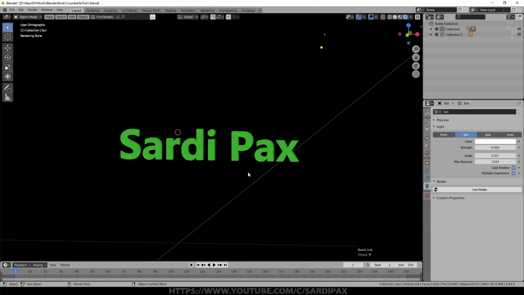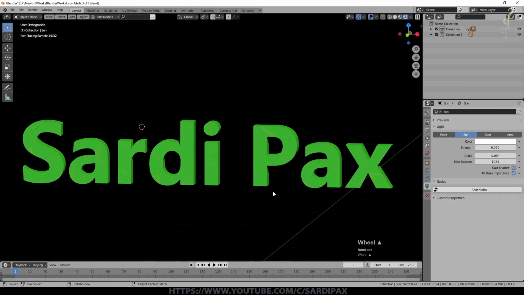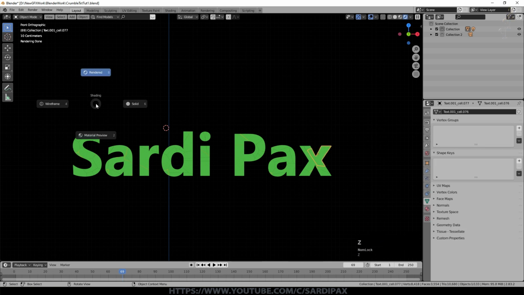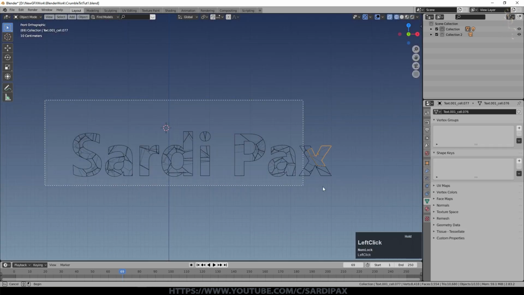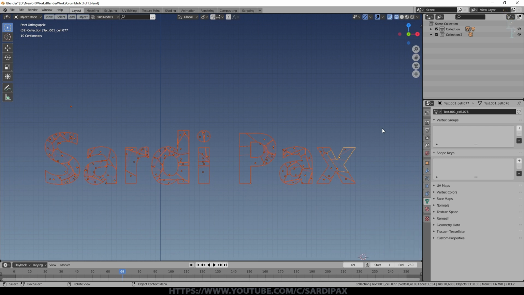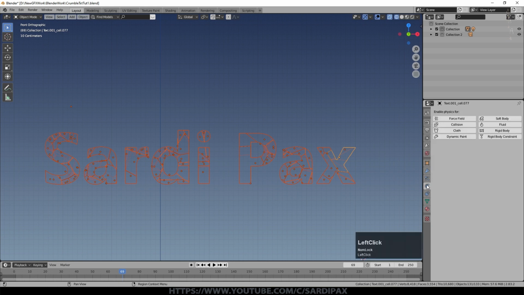So there is our fractured text, and we now need it to do something, because if we press play now, nothing happens. So how do we get this to animate? So I'm going to go to wireframe mode and I'm going to select all of my text, and you'll notice normally one of the chunks will be a lighter color of orange than the others. If there isn't, just click one of them. As long as you can remember which one it is, then that's fine. This is going to be the one that we initially set all of our physics properties for and then copy to the others. So we'll come to here, which is physics properties, and we'll say rigid body.